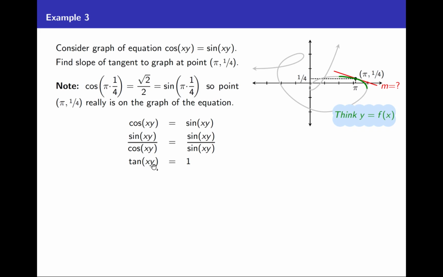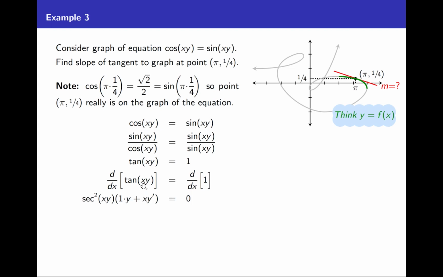And we remember that y is equal to f of x always. And our next step in implicit differentiation is to differentiate both sides of this equation. So the derivative of tangent xy, that's the derivative of tangent of x times f of x. So it's a composition, so we've got to use the chain rule here. We take the derivative of the outside function, the derivative of tangent, which is secant squared. We plug in the inside function, x times f of x, and we multiply by the derivative of the inside